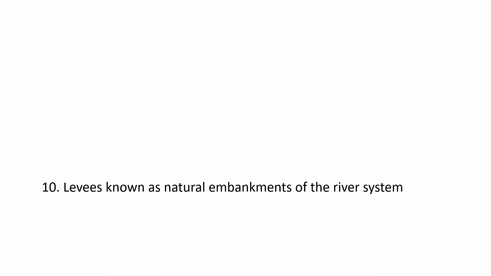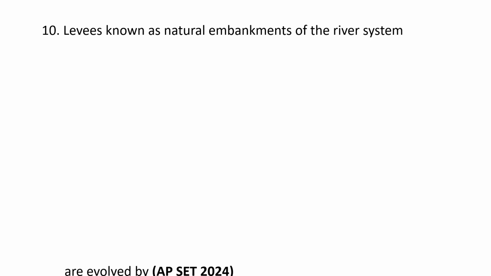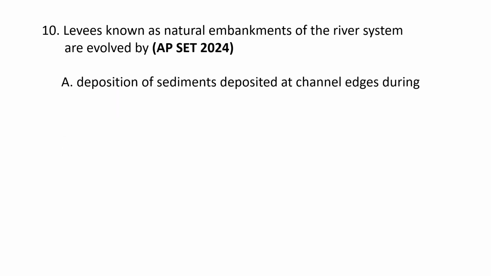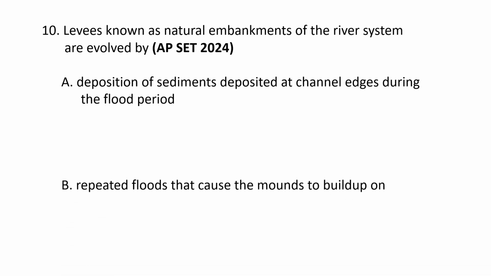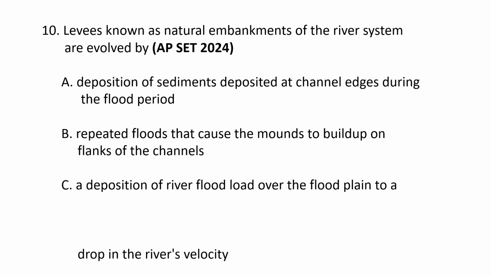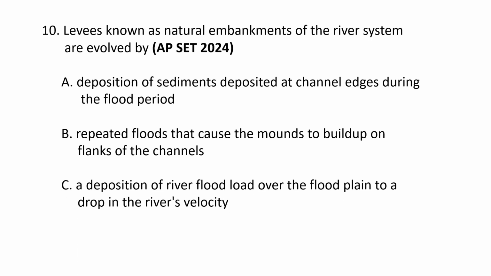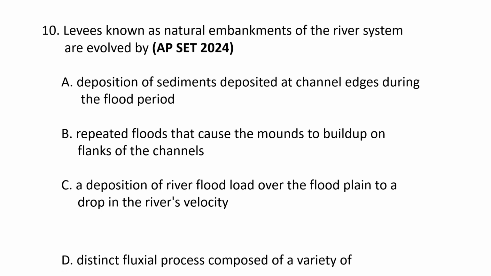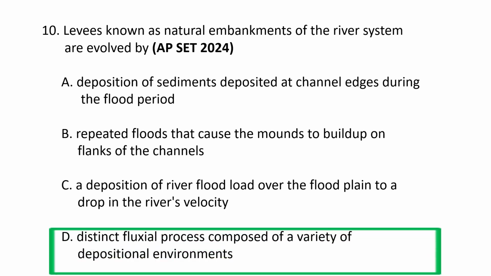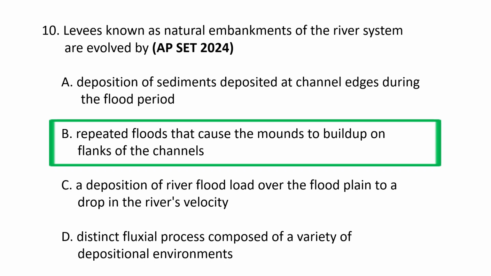Next question. Levees, known as natural embankments of the river system, are evolved by A. Deposition of sediments deposited at channel edges during the flood period. B. Repeated floods that cause the mounds to build up on the flanks of the channels. C. A deposition of river flood load over the floodplain due to a drop in the river's velocity. And D. Distinct fluvial processes composed of a variety of depositional environments. So for the natural levees, the correct option is B, repeated floods that cause the mounds to build on the flanks